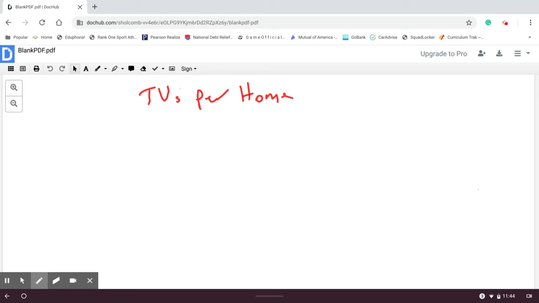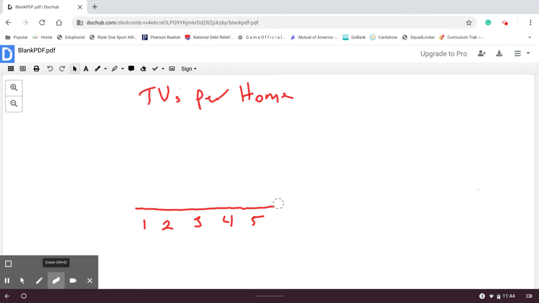So we're statistically looking at these different houses, but they set it up differently. Instead, they do it graphically. Homes with 1, 2, 3, 4, and 5 TVs. So we're going to look at this based upon that, and the way you can tell is they surveyed all these different homes,